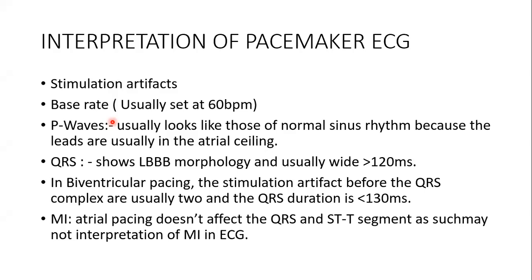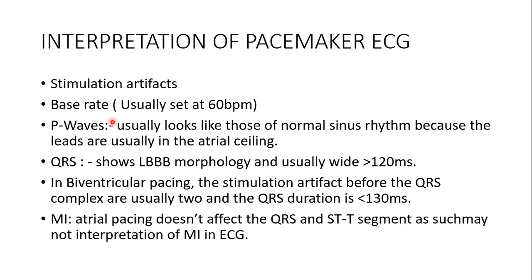So, interpretation of pacemaker ECG. This is actually the meat of the matter. Usually in interpreting a pacemaker ECG, you look at the stimulation artifact and base rate. Usually it's set at 60 beats per minute. So you count it and you look at the P waves. The P wave will usually look like those of normal sinus rhythm because the leads for the atrium are usually placed at the atrial appendage. So the impulse is transmitted like the one that is obtainable during sinus rhythm. The other thing we look out for is the QRS complex, which will show a left bundle